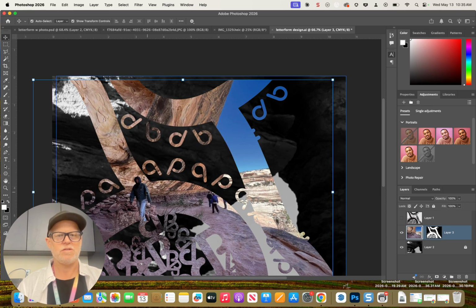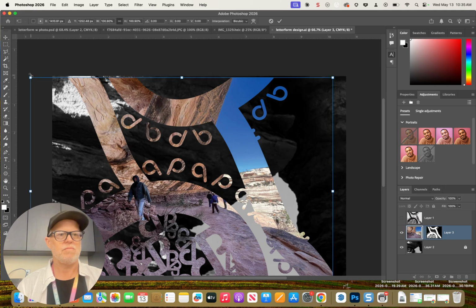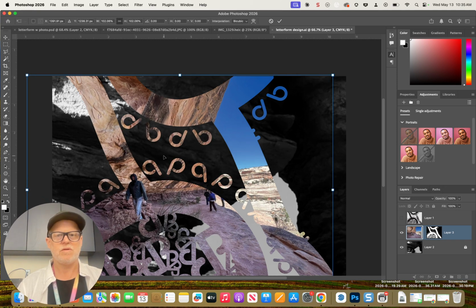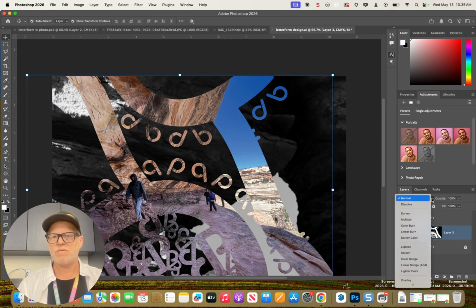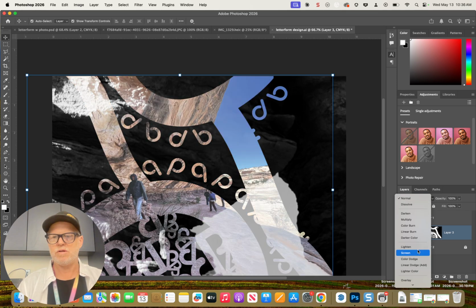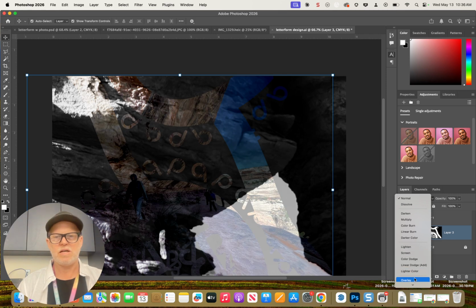So now when I'm moving this around, and we're going to lock this layer and come up here, and if I move this around, notice that the photo will disappear where there's a mask, but you can get things over here. So this is a picture of my kid. I want to make sure I can see her in there. I'm going to make this a little bit bigger. All right, looking good. So now that I have that, I'm going to play around with some layer modes and see if I can make this look a little more like something. So I'm going to change this maybe to screen, lighten, maybe overlay. No,